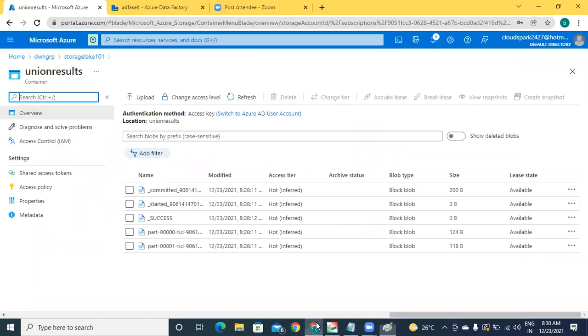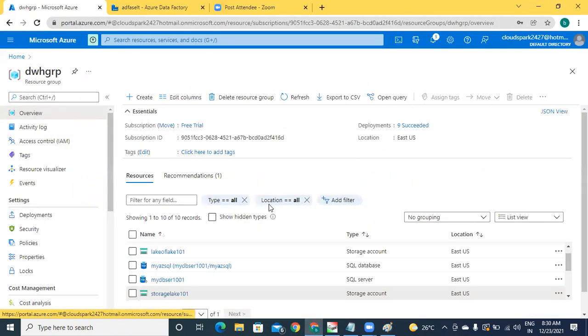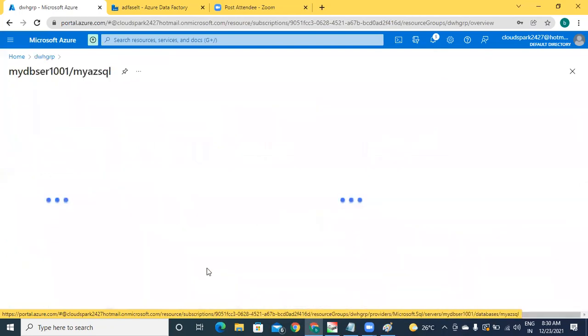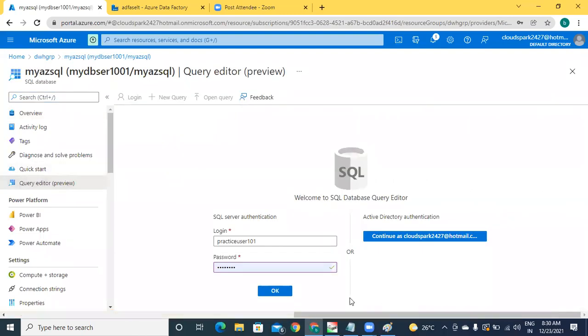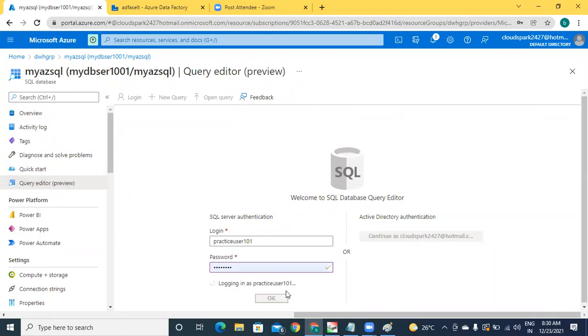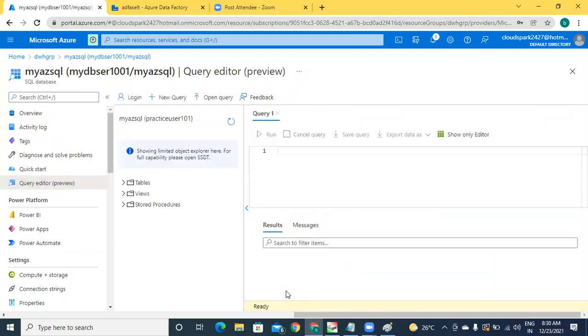Come back to the Azure portal. Go to your database and check for your tables by entering into the query editor. Here I have two tables.